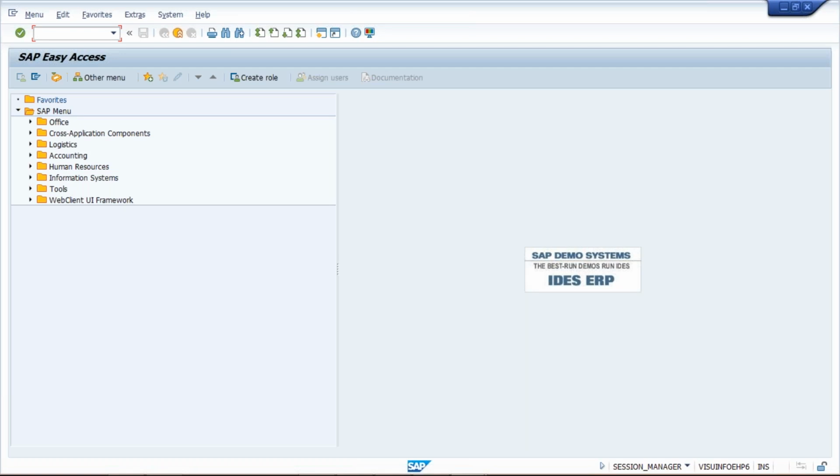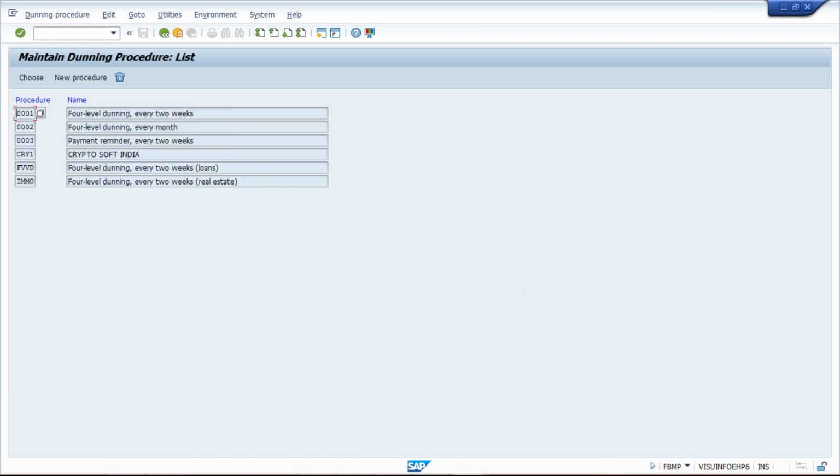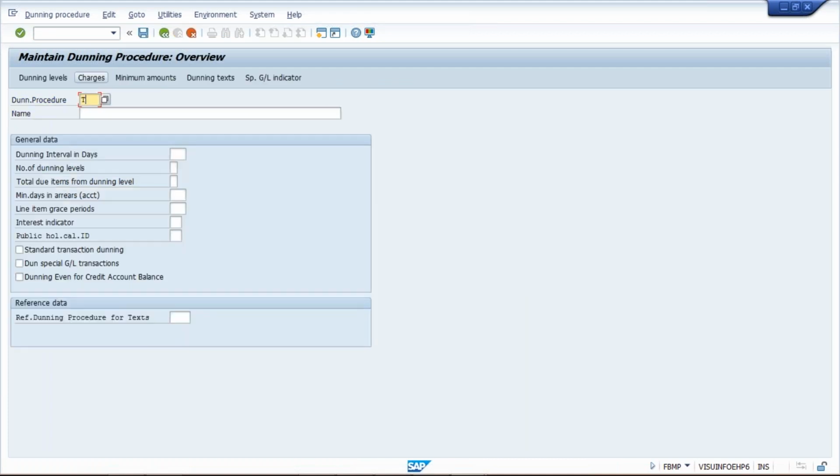Dunning procedure, how to configure this dunning procedure? Use transaction code FBMT and press enter. Click on new procedure. Give your procedure code, description. Okay. Now,